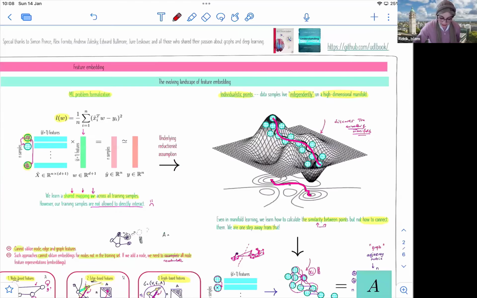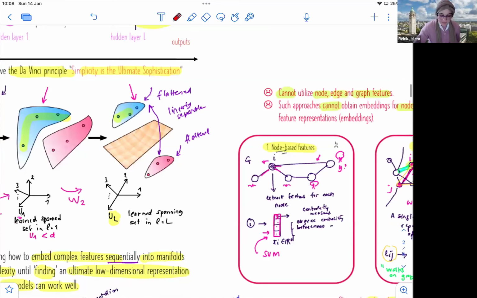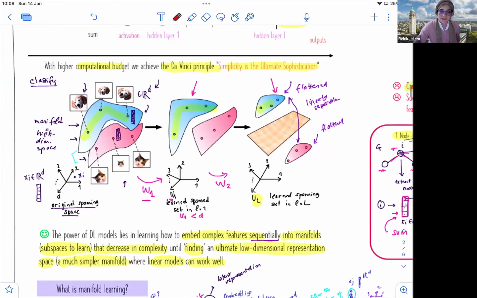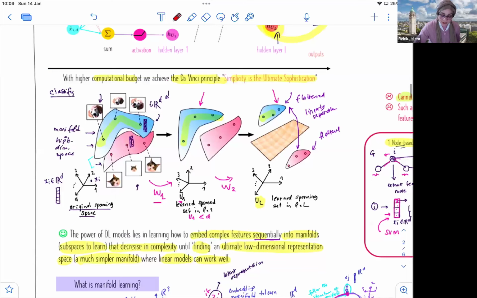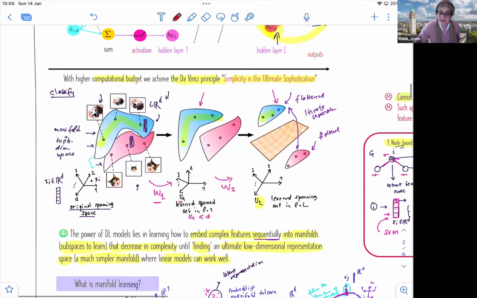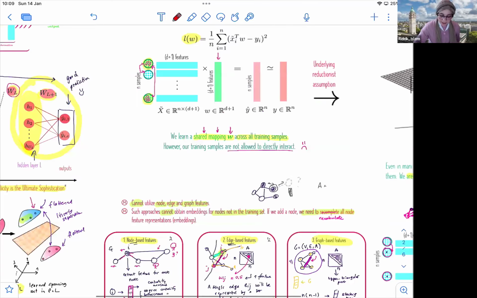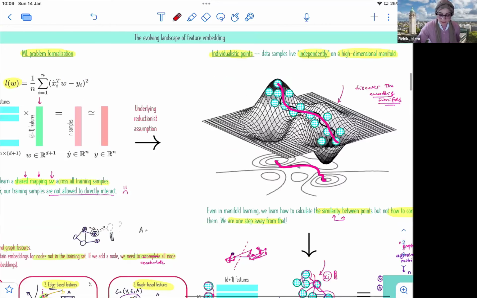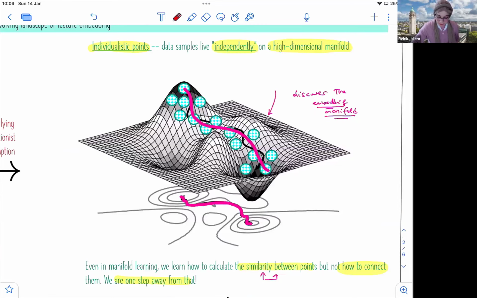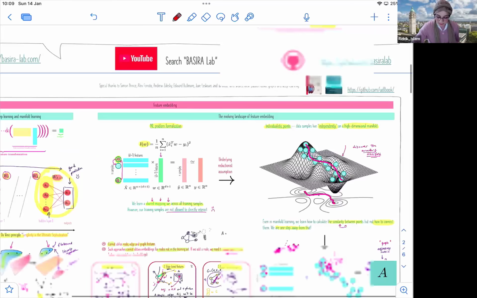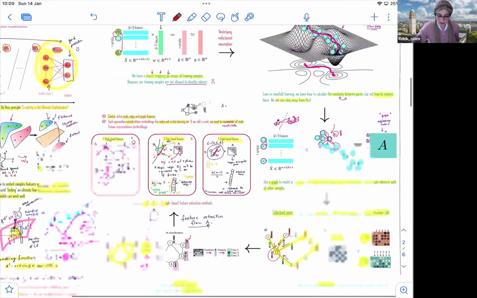We also formalized deep learning as a sequential manifold learning problem, where you're learning different spaces or subspaces to represent your data better. Still, even with this nice deep approach, we are limited by the independence between different training points, okay, or training samples. So the idea that we introduced at the end of the session was to kind of